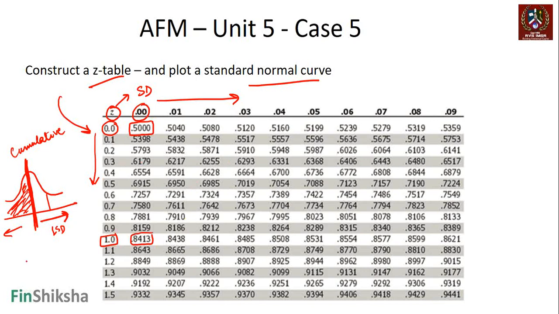Now, the way it works is, are you looking at 1 standard deviation, 1.1 standard deviation, or 1.12 standard deviation? So where is 1.12? This is 1.1, and 1.1 plus 0.02 is 1.12, right? So the first task we have is to understand this and then construct this Z table. Because it is a cumulative function, it can be found using the formula NORM.DIST, right?